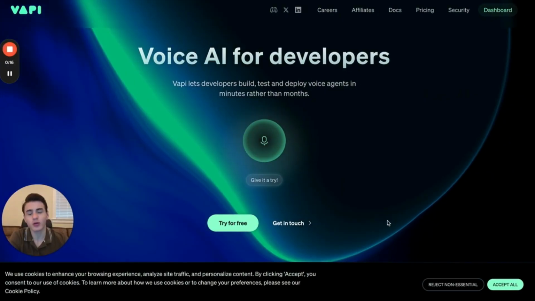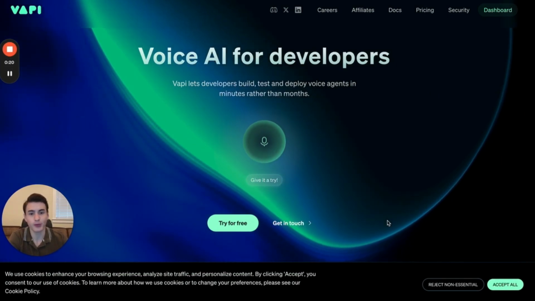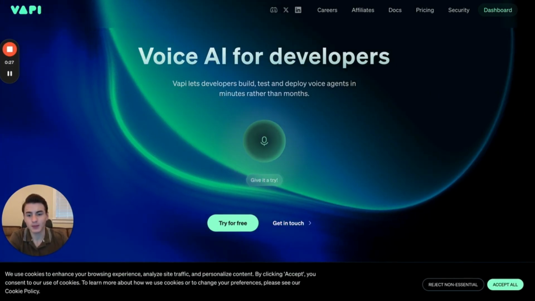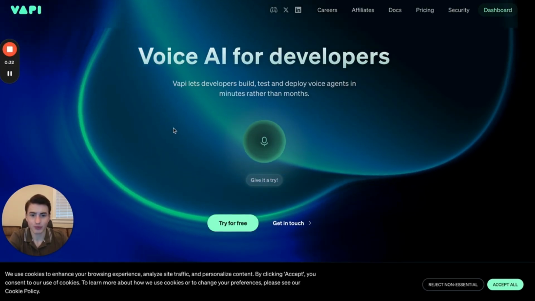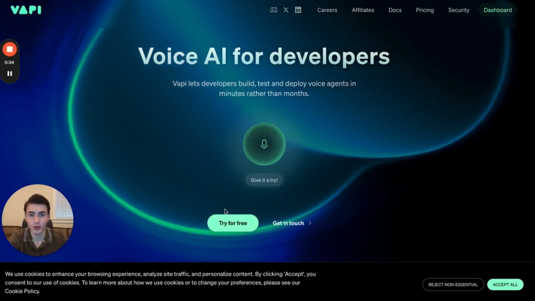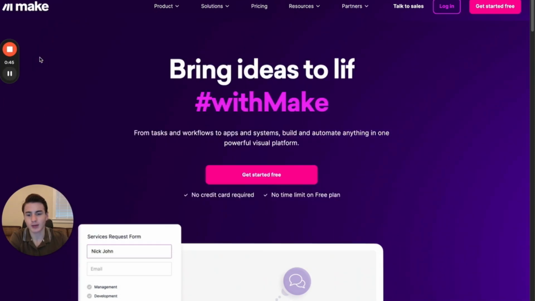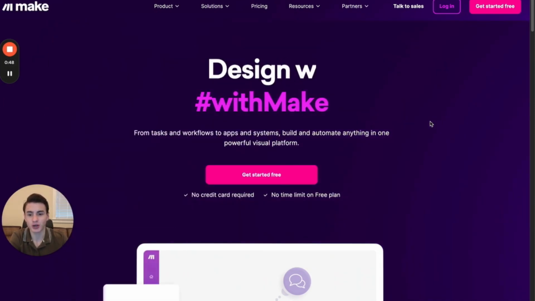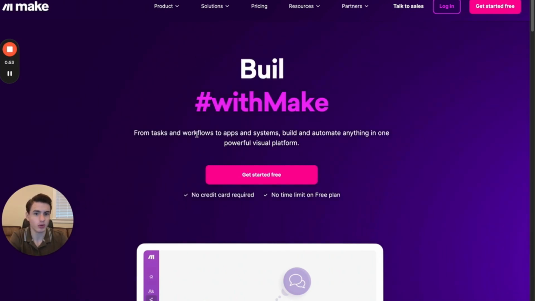So let's get into how to build a system. Here are all the 3 softwares that you're going to need to be able to build this whole system out. Vapi, Google Sheets, and Make.com. Vapi is the software that we are going to use to build the voice AI. Google Sheets is going to be the place we keep all the leads and keep track of who we call to be booked into appointments. And then Make.com is going to be the automation software that connects Google Sheets to Vapi